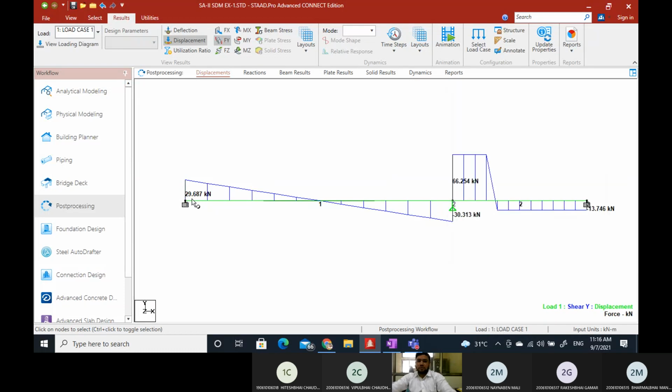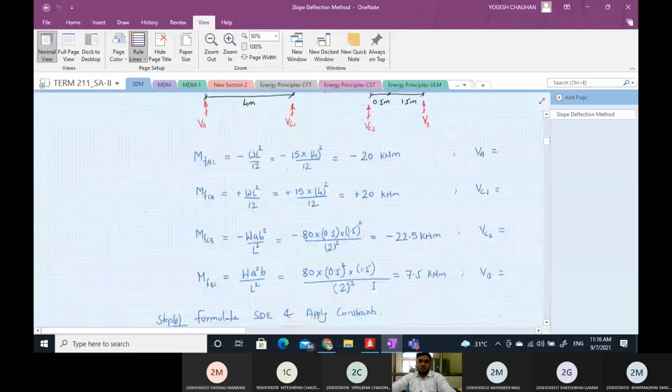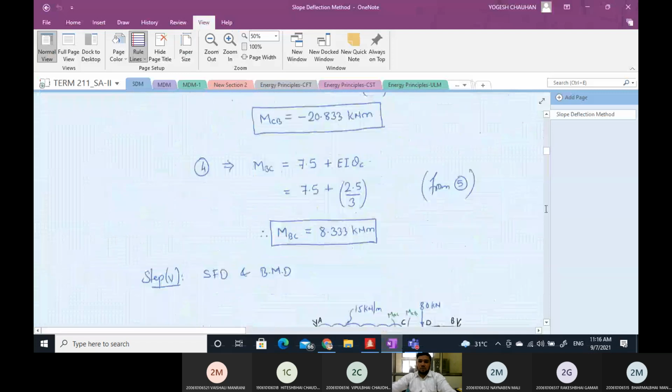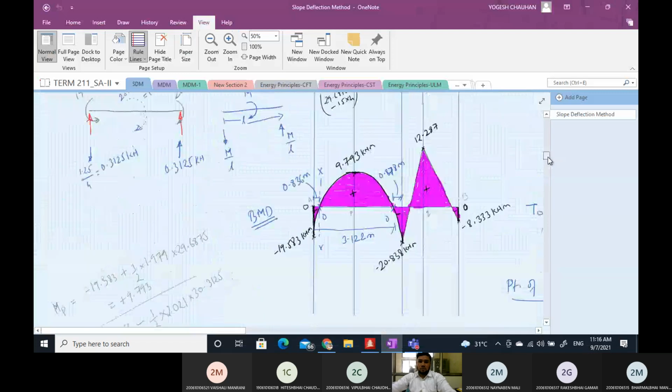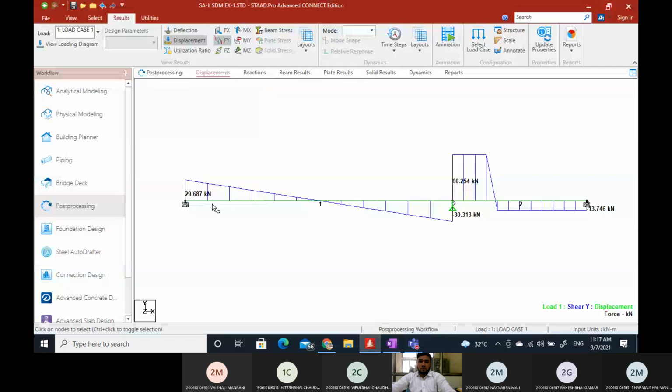So the shear value is 29.687. So this is your shear force diagram. Okay, it is 29.6875. Here we have set the precision to 3 digit.